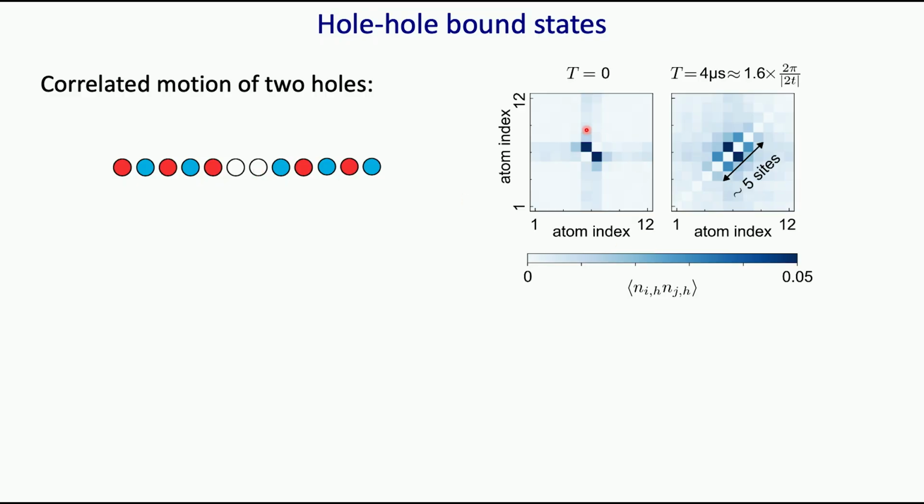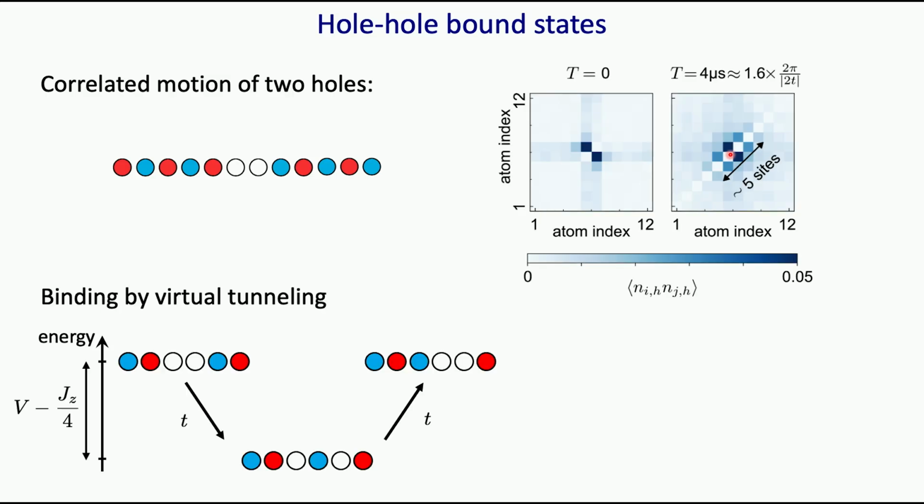And so we're going to look as a function of time how they propagate. This is a 2D diagram where we place one hole at this location, the other hole at the other location, and after some time we look at where the holes are. This is the correlation, the probability to find a hole at site I correlated with the fact that it's at site J. What you observe is that the correlation is always nearly parallel to the diagonal. So it means that the 2 holes propagate correlated, close to each other. That's kind of a proof that they stay bound during their propagation.